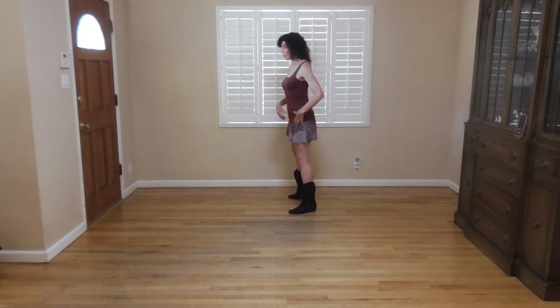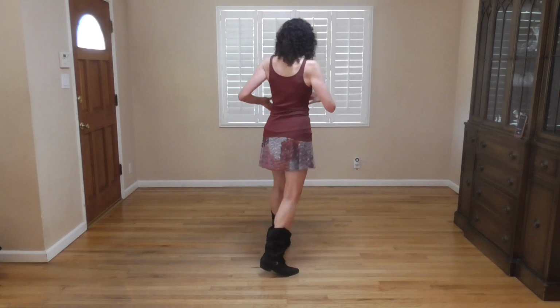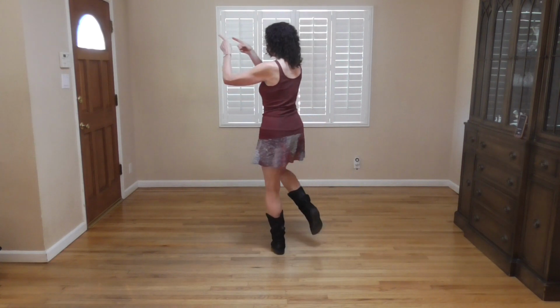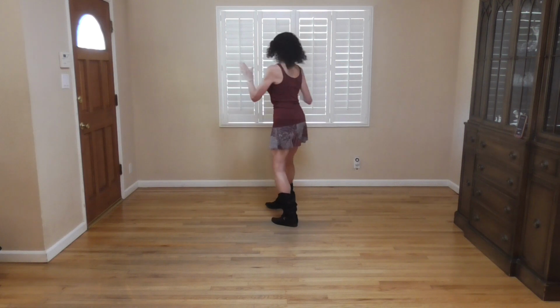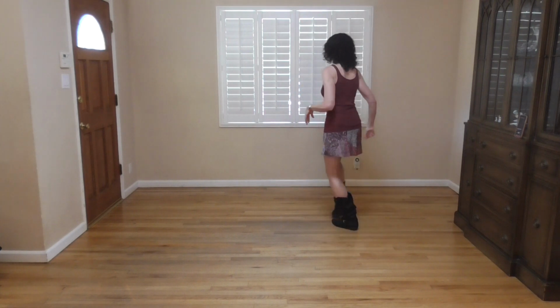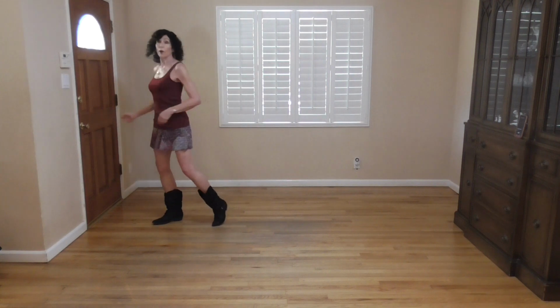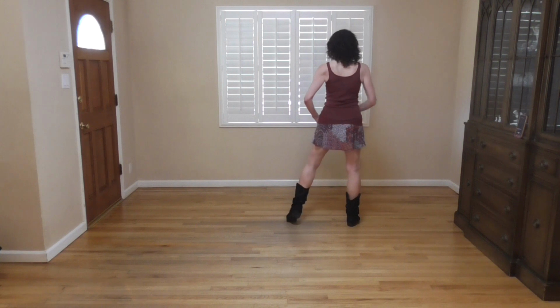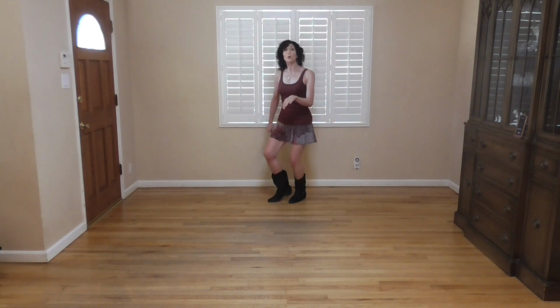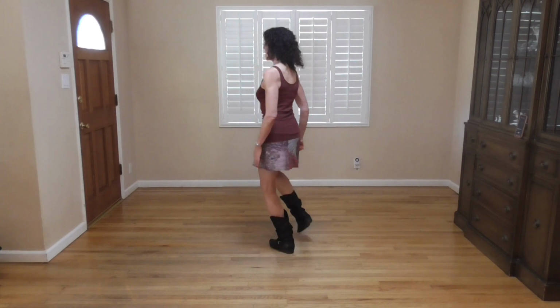You take your right foot over, crossing over, side, under, quarter turn, forward on the right to 6 o'clock, half a turn to your left foot, keep turning to your left to 9 o'clock, and go into your side triple cha-cha-cha. So what that looks like here is I would go over, out, under, quarter, forward, half, chop, chop, chop. Okay? With counts one more time, that count of 8 goes 1, 2, 3, quarter, 4, forward 5, 6, 7,